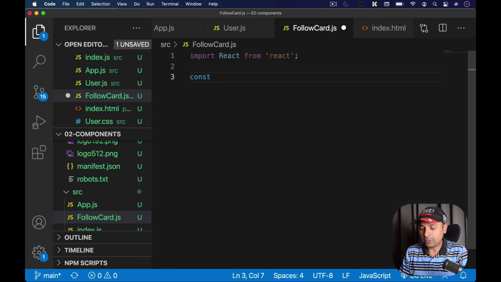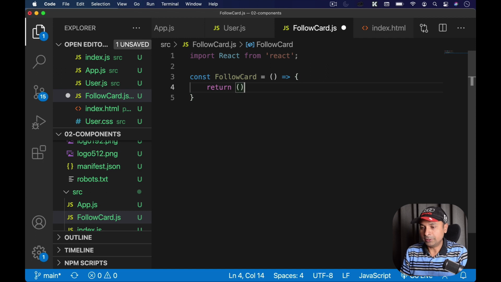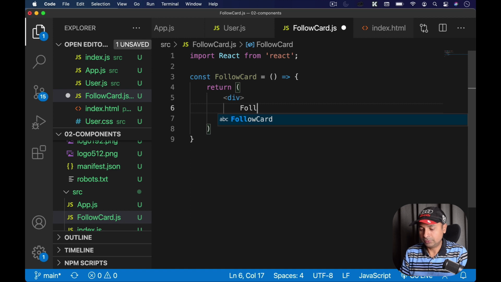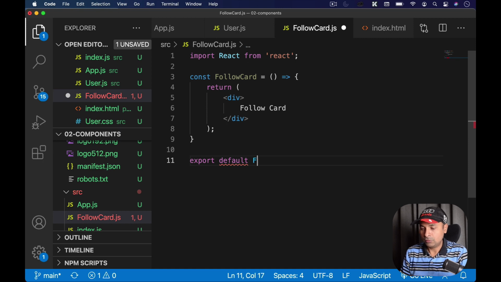And I'm going to create a new component with the name of FollowCard for now, which is just going to return a div with text, something like this, follow card. And let's finally export the component, export default FollowCard.